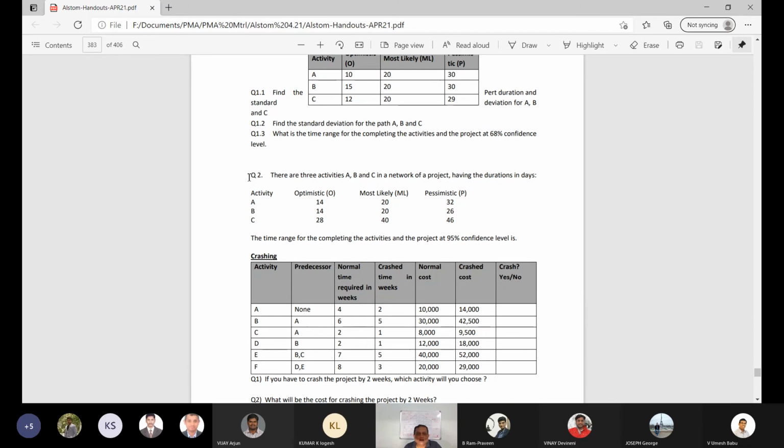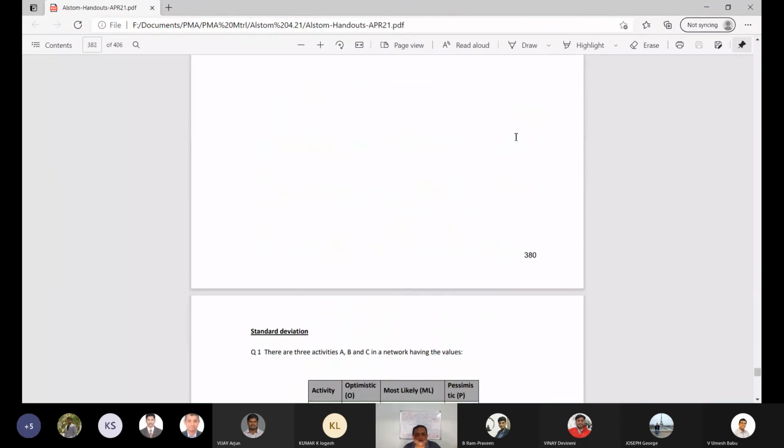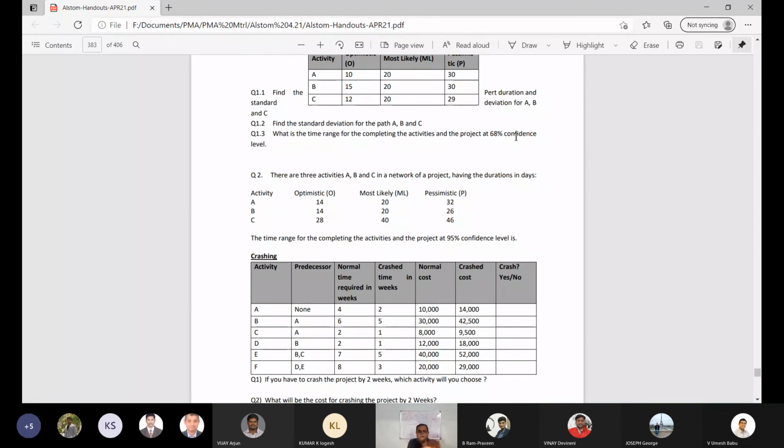And then there is another one, which is this one. Here they're asking at 95% confidence level, which means, if it is 95% confidence level, how many standard deviations will you take, plus minus? Two standard deviations. Okay. So these are two problems. This one has got slightly formatting gone bad when they were printing it, because I send them the Word file and then they convert it into a PDF.